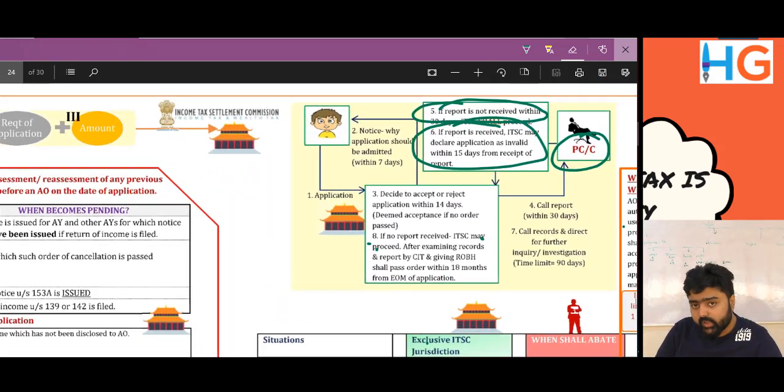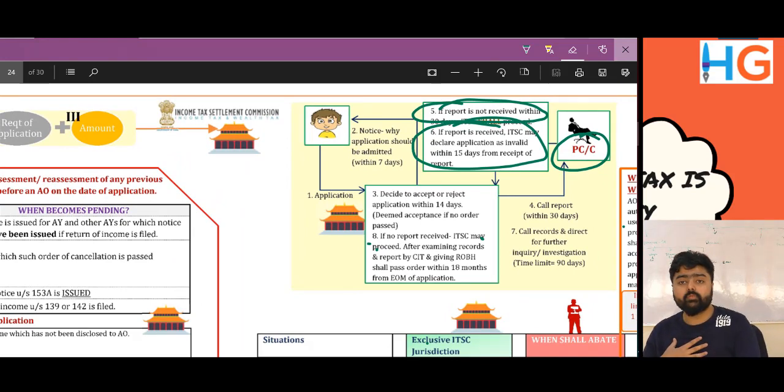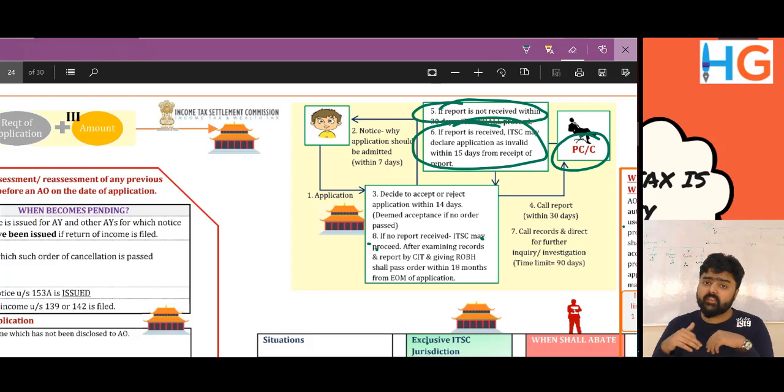So we'll just revise in 2 minutes. The assessee has received notice. What will he do? He'll go to the temple. What will he say? Has he received the order? No. Has he not received the notice? No. So it is between the date of notice and the date of order. He'll go to the settlement commission. What will he say?